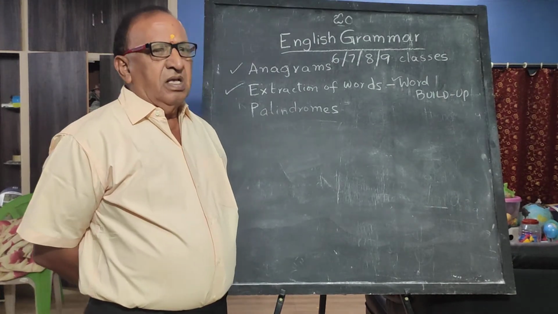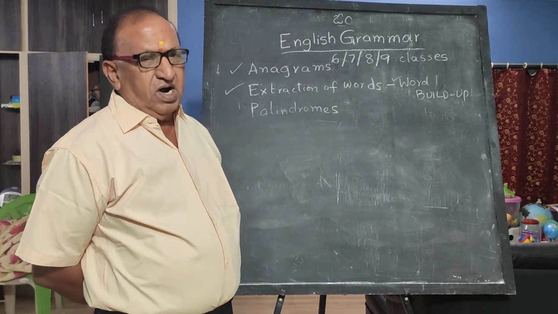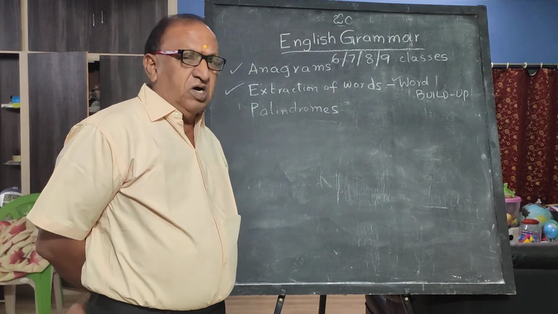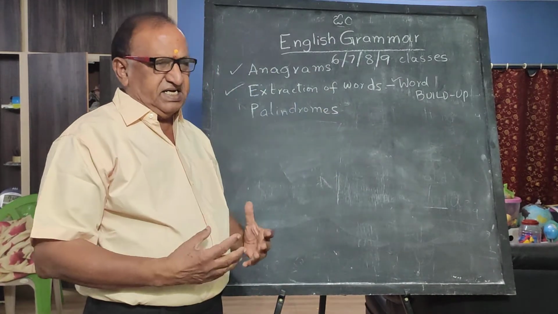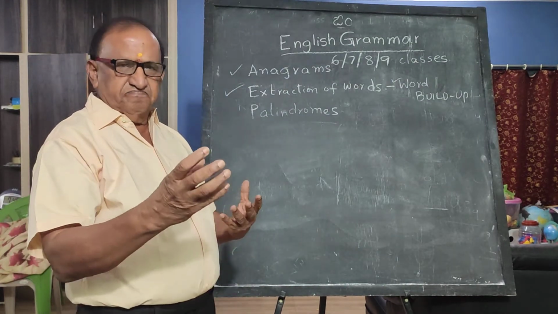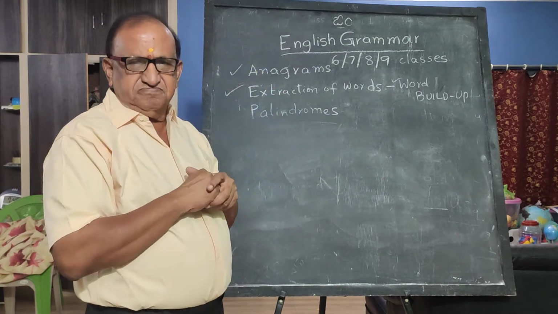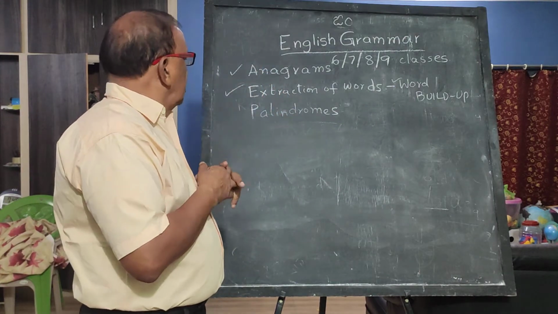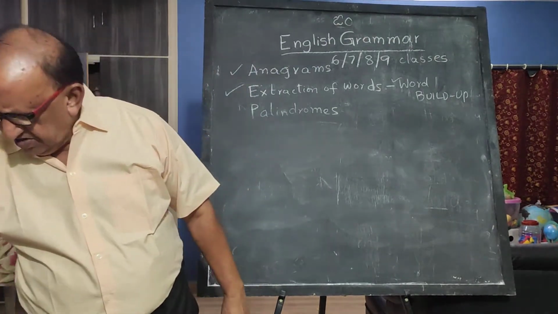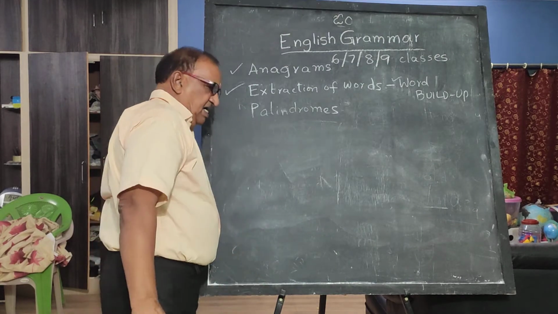That means you have to know the difference between some words and also how words can be extracted from one word. If a word can be extracted from another word, that means you know two words. Right? Okay. So similarly, anagrams, I will tell you what it is. So if you take, let's say, the other day, I gave the example,